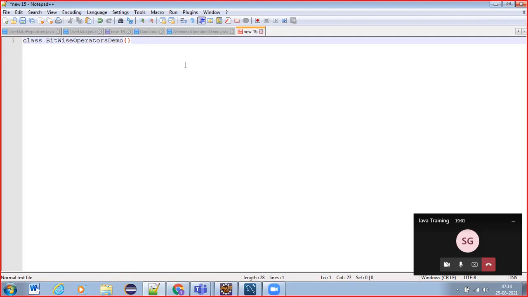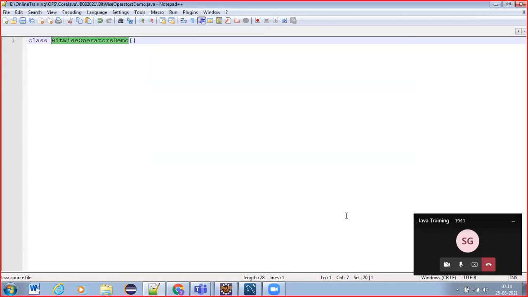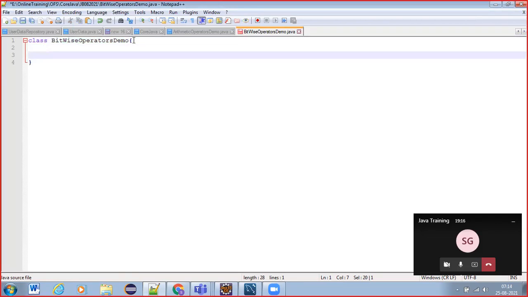First, let us save this program as .java. Save it. Now inside this, what do we require? public static void main(String